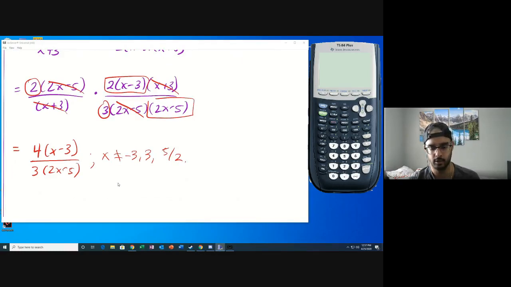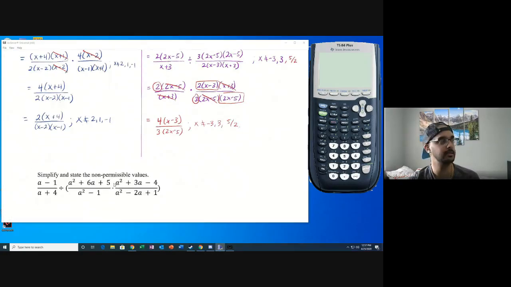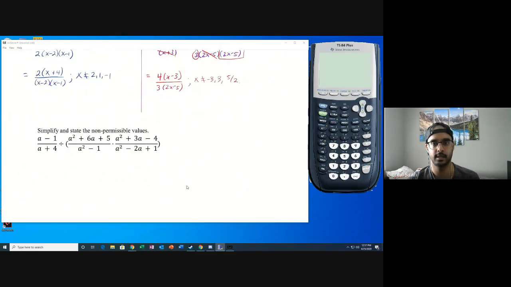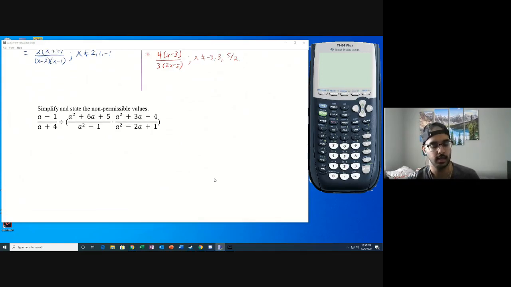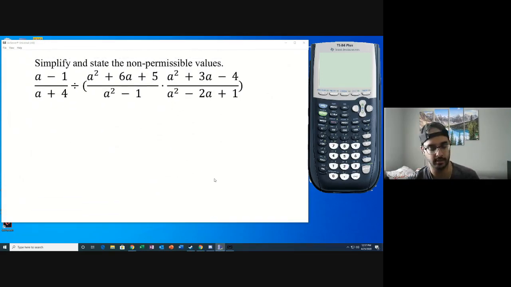Okay, one more underneath. It looks pretty complicated. It's just longer. It actually factors quite nicely. So let's take care of that one. If you want to try it out for yourself, go ahead. I'll do the whole solution here also, so you can give it a pause, try it, and then come back and see how you did. So if we go to factor everything first,